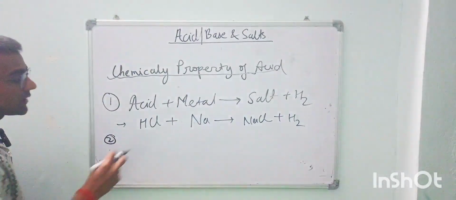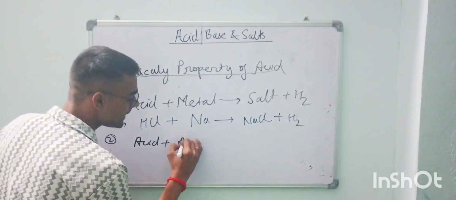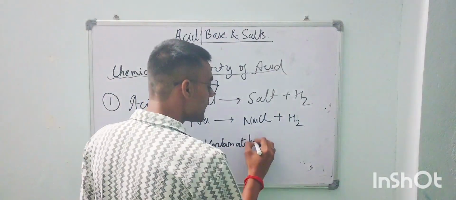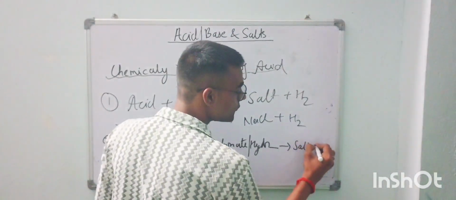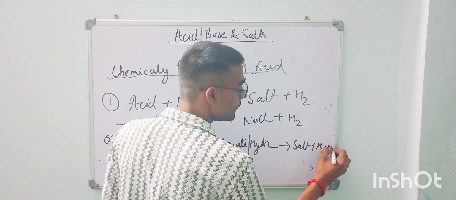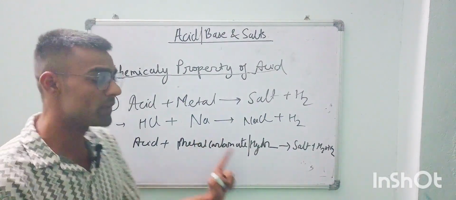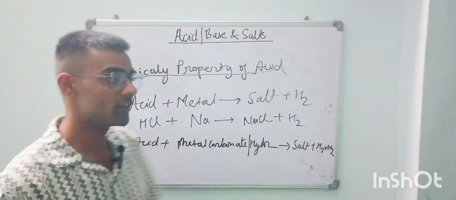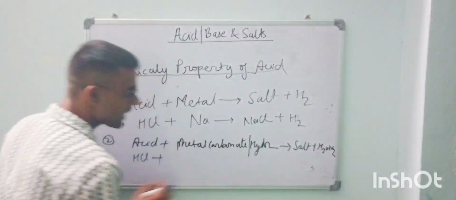The second chemical property of acid is that when acid reacts with a metal carbonate or metal hydrogen carbonate, it gives salt plus water plus carbon dioxide. What the second property says is that when acid reacts with a metal carbonate or metal hydrogen carbonate, it gives salt, water, and carbon dioxide. For example, we can take the acid HCl and the metal carbonate